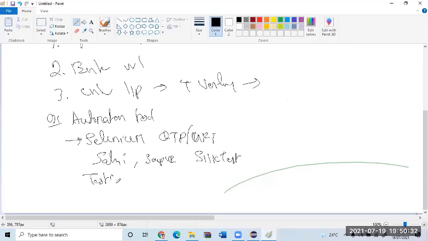TestComplete. Yes, Lisa, LoadRunner. LoadRunner is there, but it is a different tool. Let me write it. We have Appium. We have JMeter. Yes, Pushpak, very good. Pankaj, very good. Any other thing you heard about?